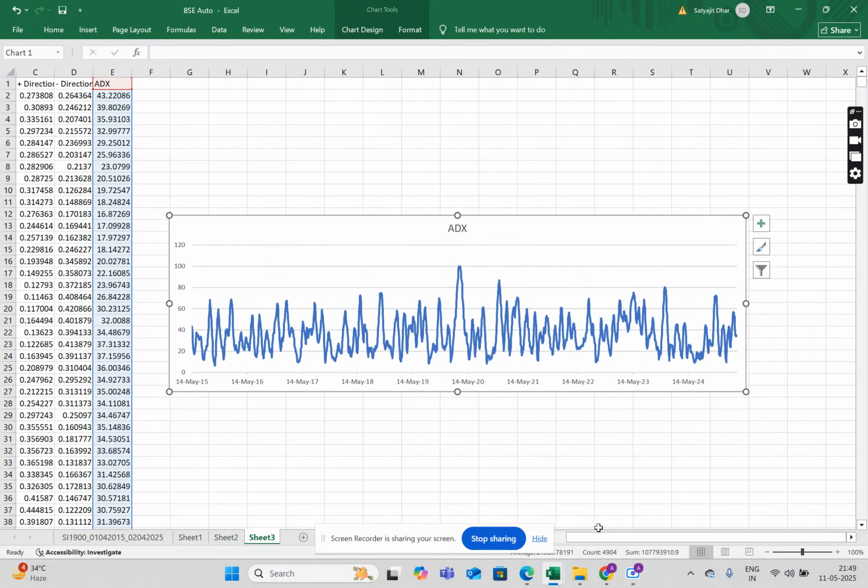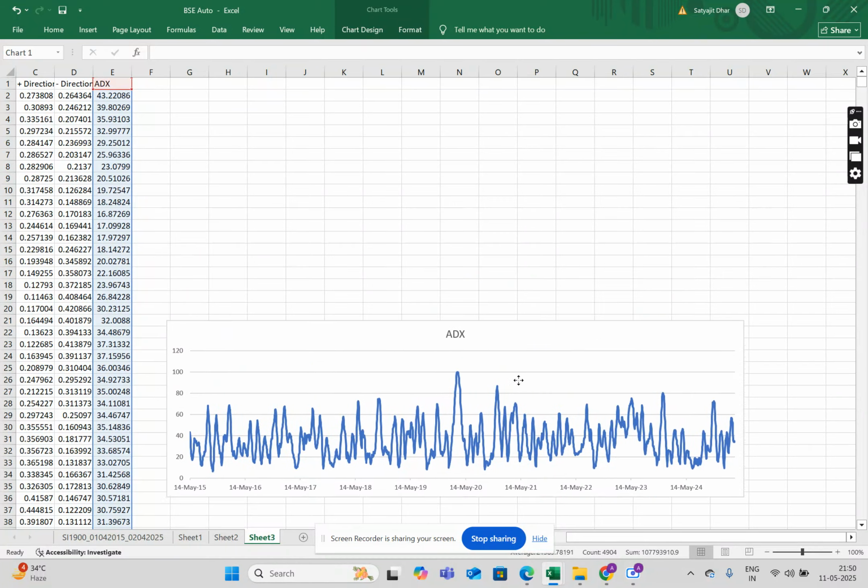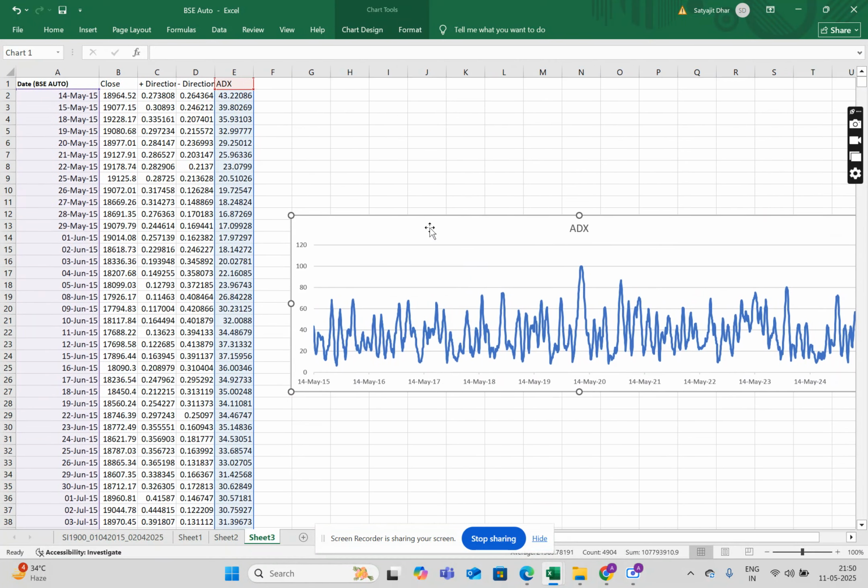Technical analysis says that if ADX is more than 25, it indicates that the trend is a strong trend, and if ADX is less than 25, it means that the trend in the market is a weak trend. As you can see, the ADX is 100% at 2020, which means the trend is very strong. Whatever the trend of the market was at that period, it was very strong. So let us check what the trend of the market was at that period and why it is so strong.